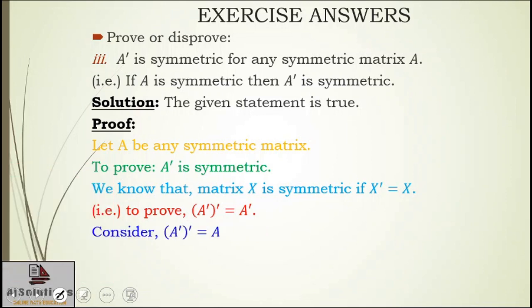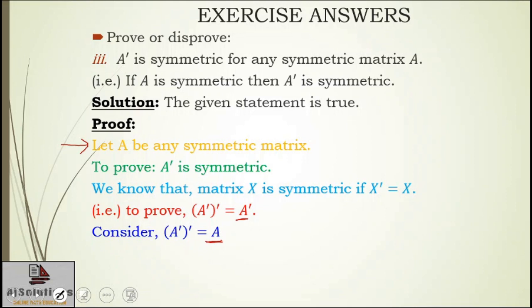Consider the LHS. The LHS is transpose of A transpose, and we know property 1 of transpose: double transpose of any matrix is the original matrix. So transpose of A transpose is equal to A. Okay, and after that, we have to compare the thing which we have and the thing which we want. You can see I have A and I want A transpose. So how to go from A to A transpose? This assumption will help you reach that point.